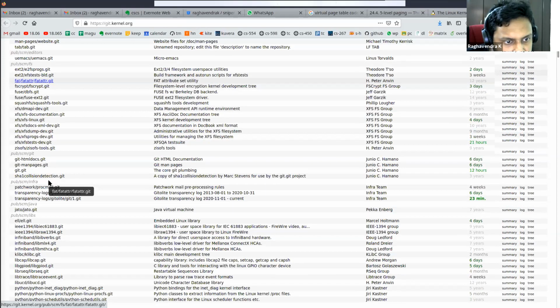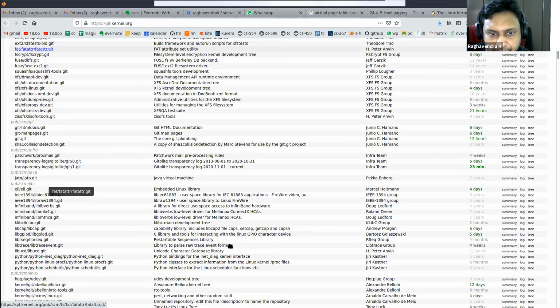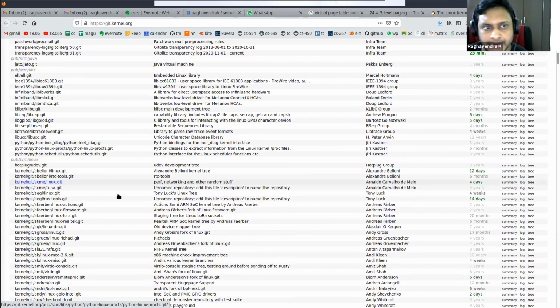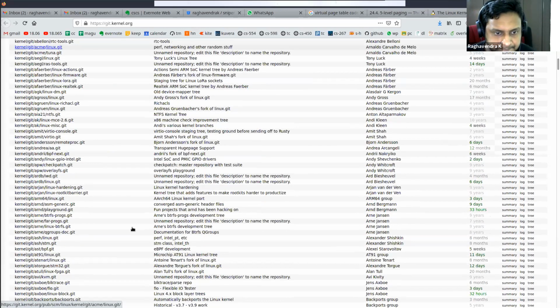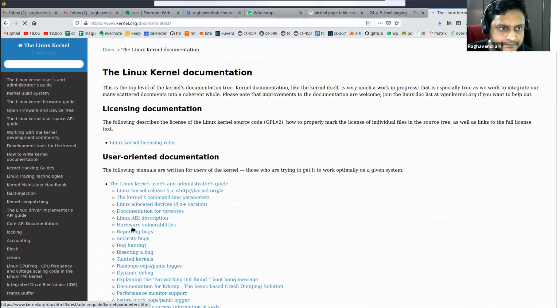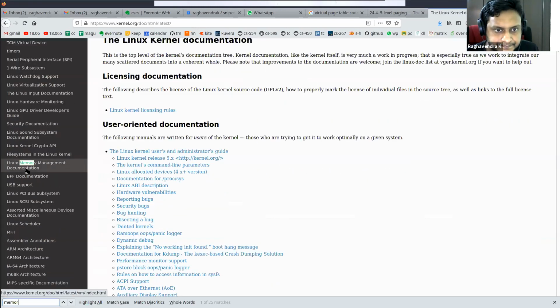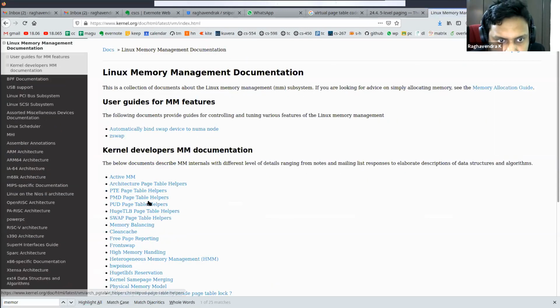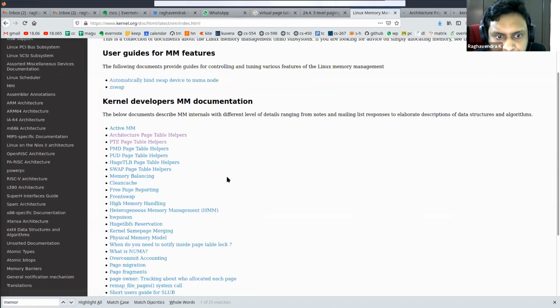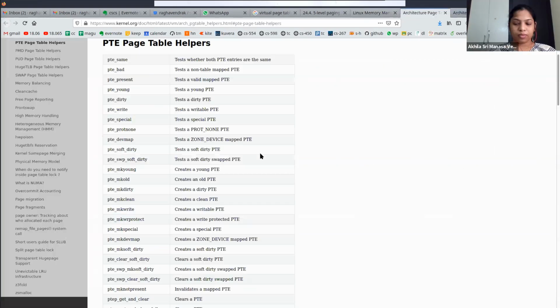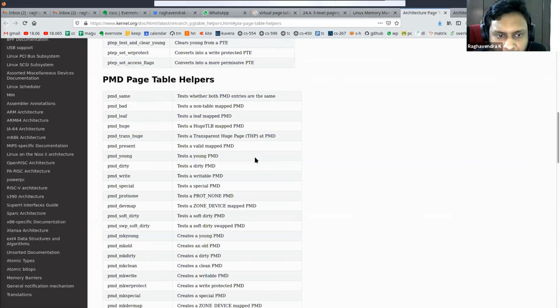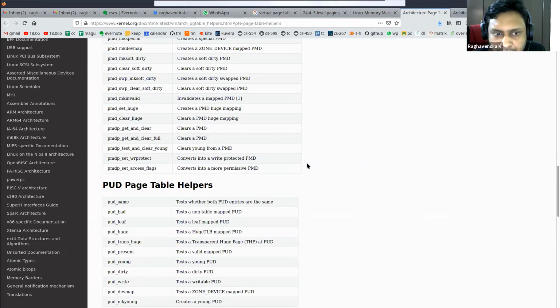Okay, as of now, I'm not able to find it. There is documentation. Yeah, these are all data structures, but I wanted to show you the code.